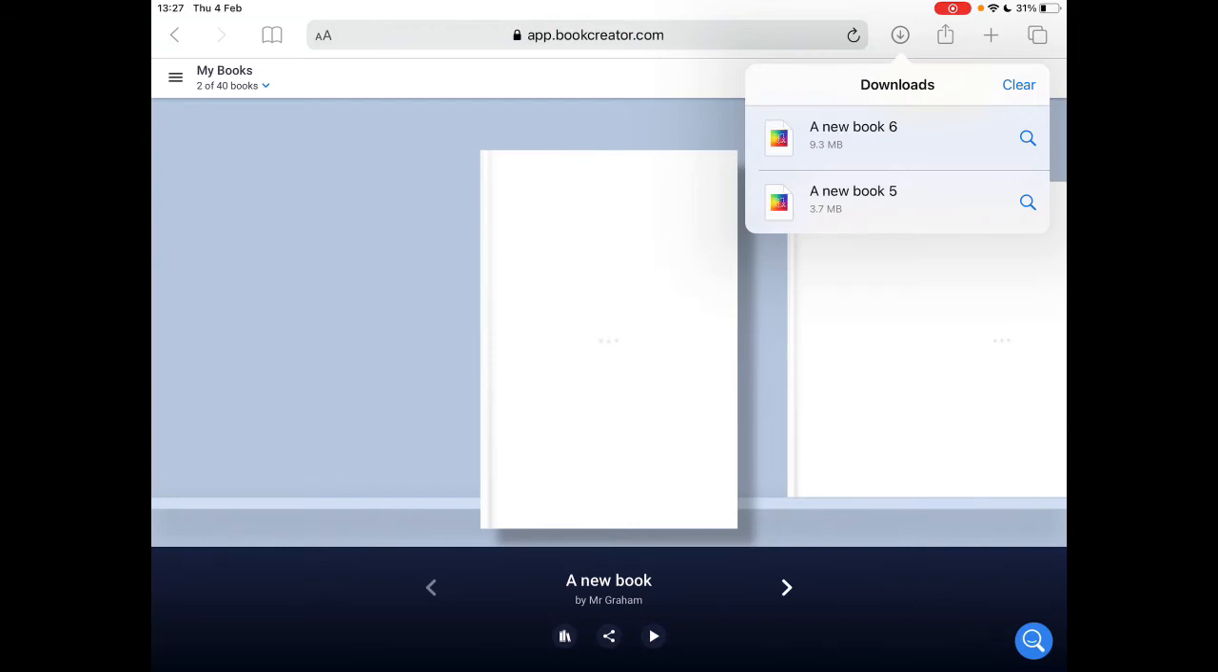So there's another wee option for you if you're looking to enhance your literacy learning by using the templates on